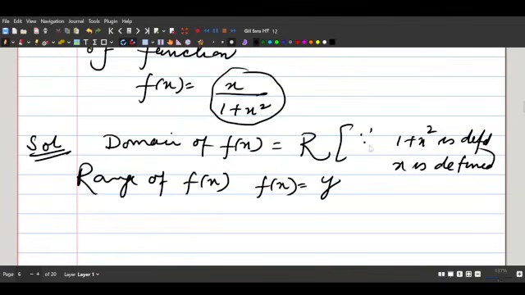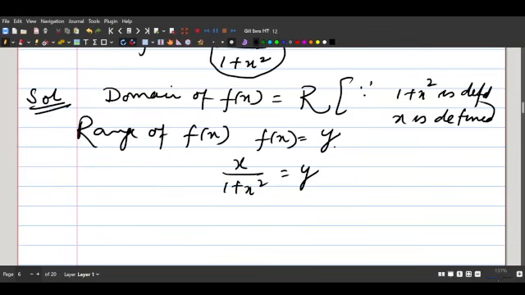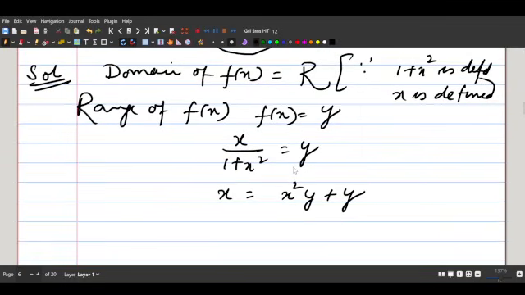Now to find out the range of f(x), I have to find out the values of y. For that, I equate f(x), which is x upon 1 plus x square, equal to y. Now I'm going to cross multiply because I have to look for the values of y. That is going to make a collection of images, and the collection of images is the range. So x is equal to x square y plus y. I'm converting this into a quadratic equation. For that I have to shift x to this side, so it becomes x square y minus x plus y equal